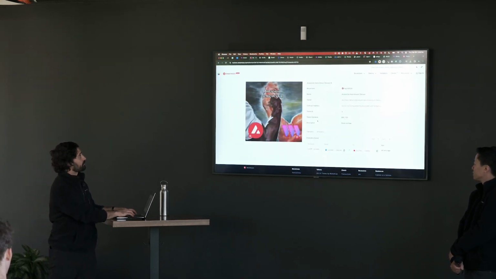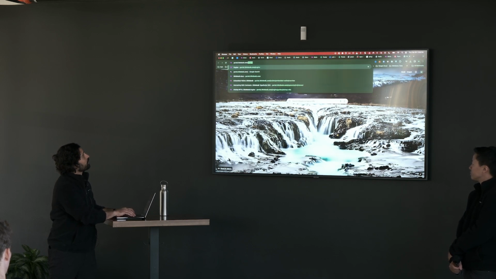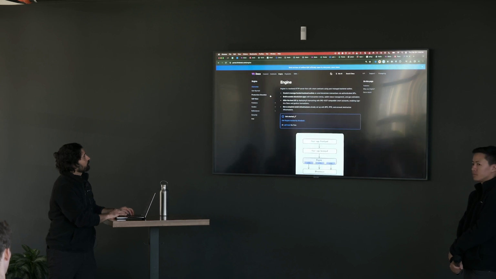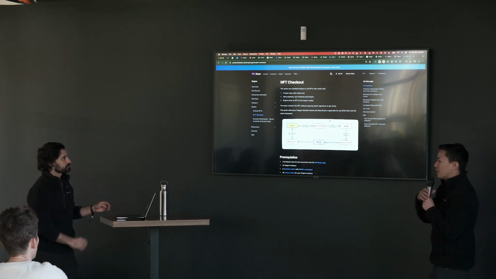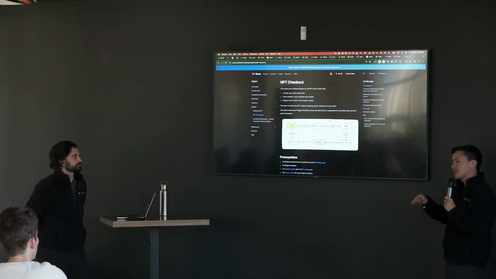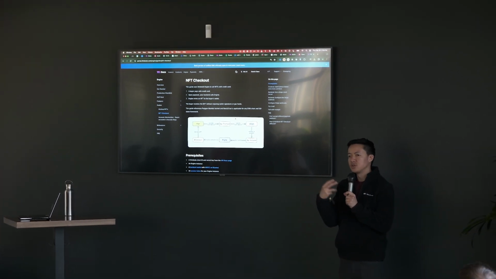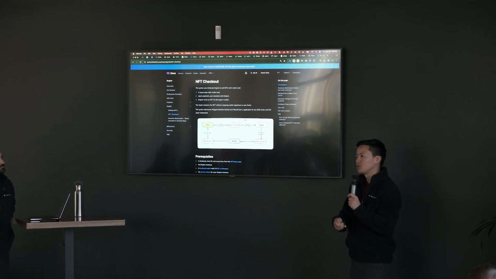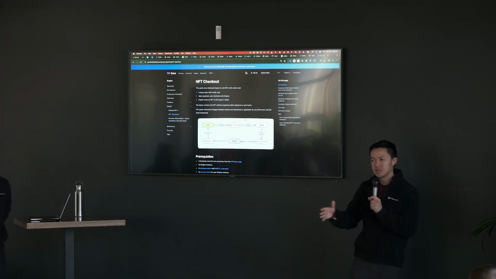We have a ton of templates, if you're interested in the BYO architecture. One of the good use cases of this is, we have an NFT checkout product, but sometimes people want full control over the payments piece. Specifically, they want to tune what types of payment methods they can accept, or they need a certain local payment method, or they just want to have full control and visibility over that.